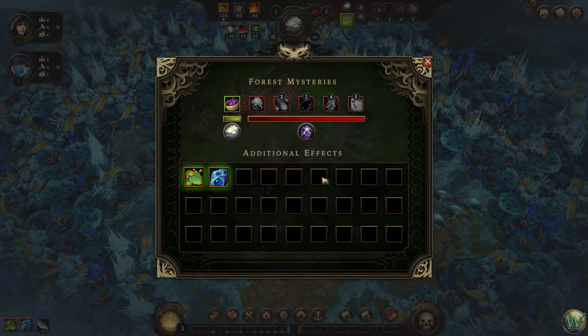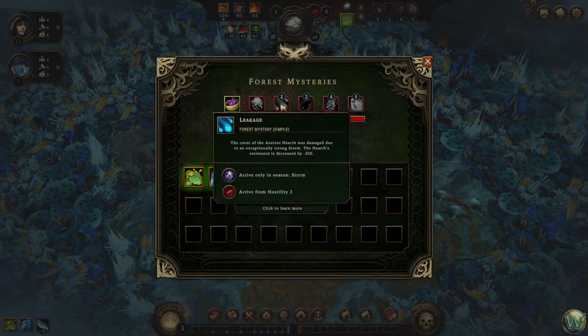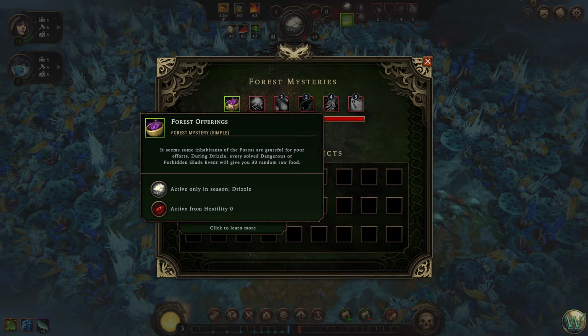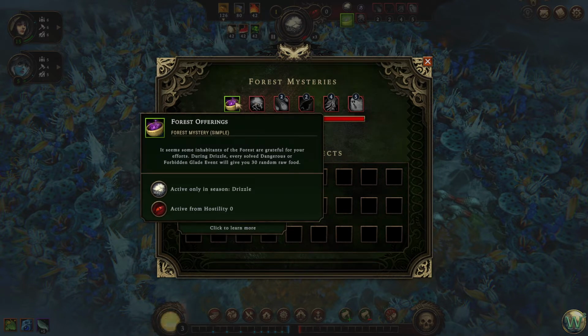Okay, so we have Forest Mysteries of Forest Offerings. Forest Mysteries Simple. Does that mean... Oh, interesting. They have these types now on them. That might be in the patch notes too someplace. I don't know. Or maybe it was there last time and I didn't even notice. During drizzle, every solved danger or forbidden glade event will give you 30 random raw food. That's worth it. If we can pull it off inside of the...